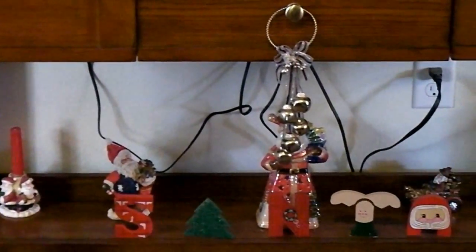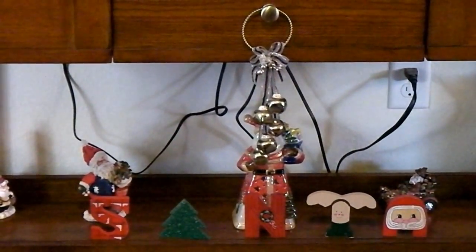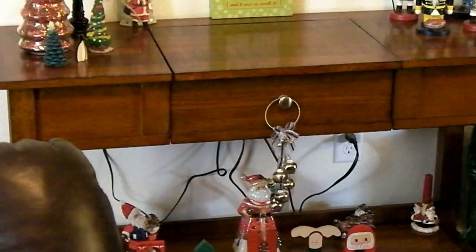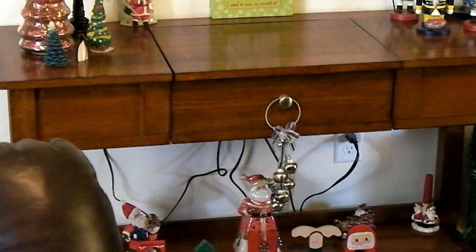Underneath of the table, I made up all of it, all of my Santa collection. It's stuff that I've gotten through the dollar stores and things that I've gotten as gifts. And then those little letters in the front spell out Santa. And the Santa in the middle, my mother-in-law got me that for Christmas one year, and I treasure him so much. And the table has a handle on it, so I hung some bells on it